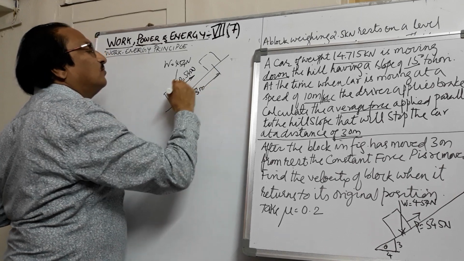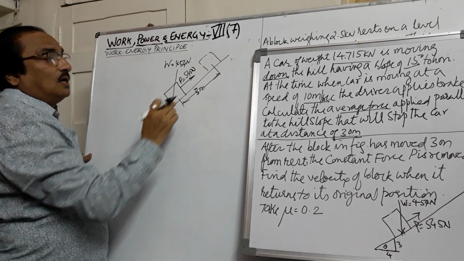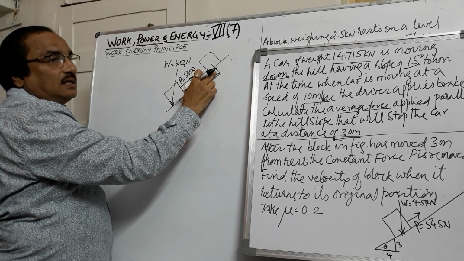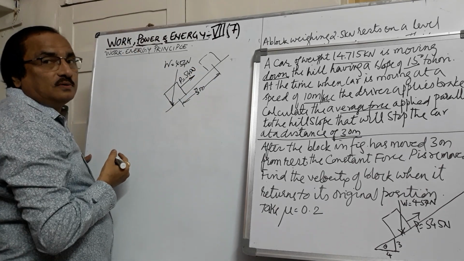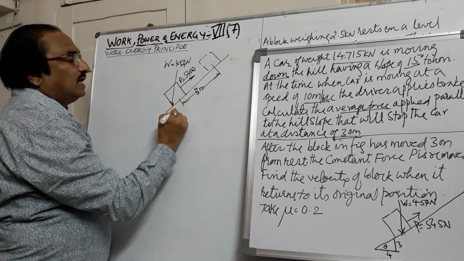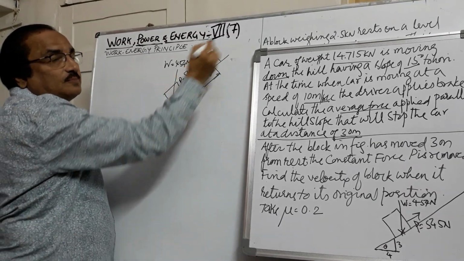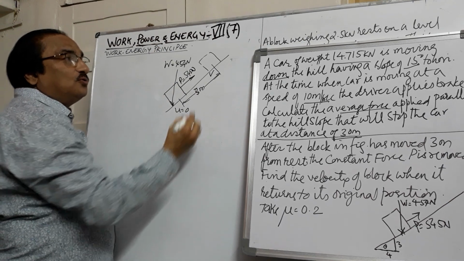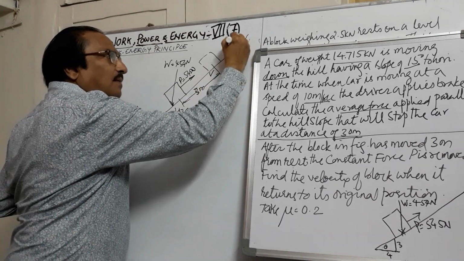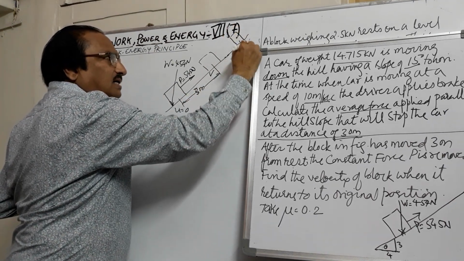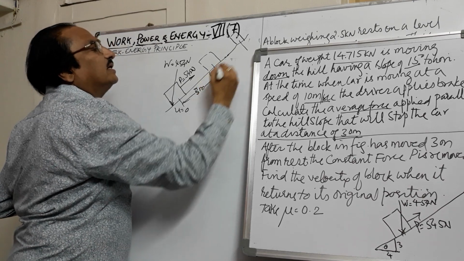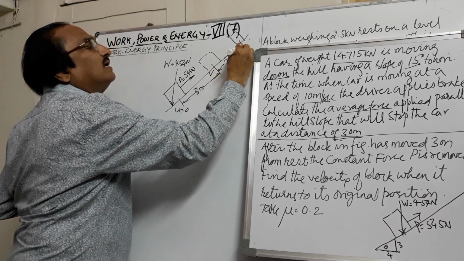With the constant force, it is being pulled by 3 meters. Once it reaches 3 meters, the force is removed. But since it begins from rest, it will attain a certain velocity when it is being pulled up. Now when you remove the force, this block will move further up by a certain distance because it has got the velocity here. So let us call the distance it is traveling x.